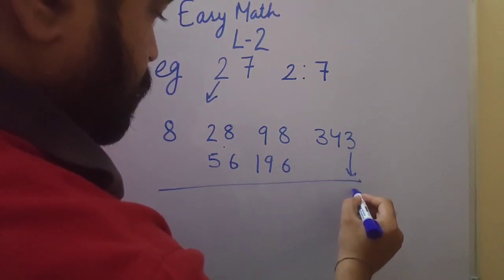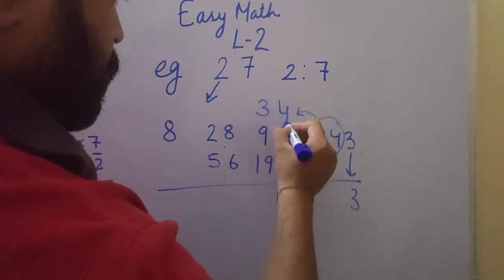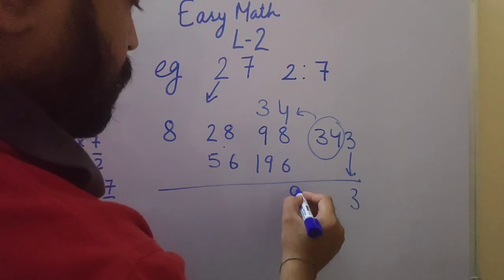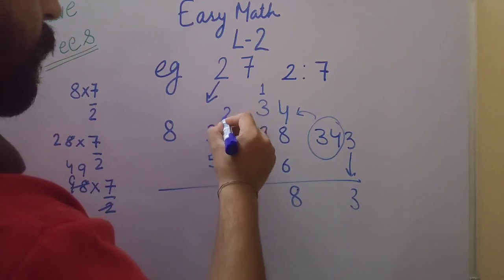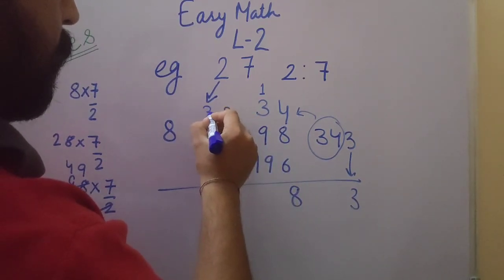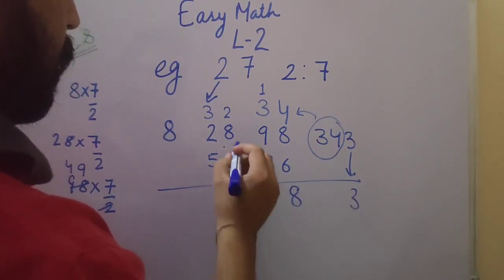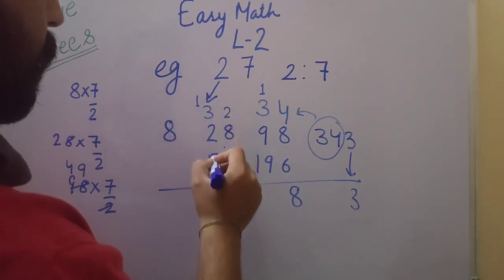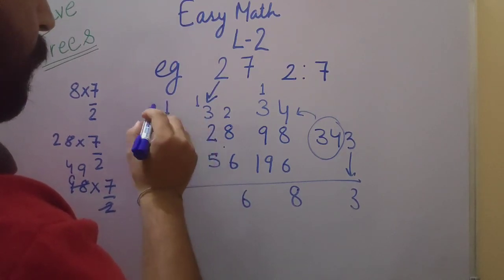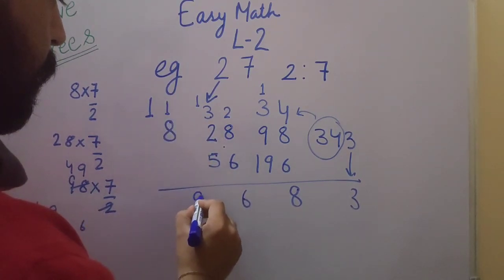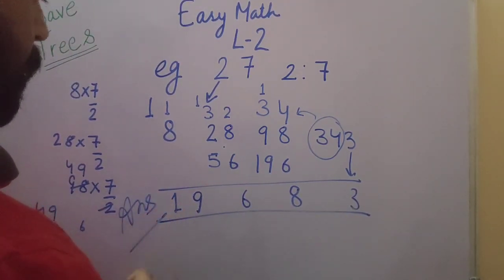So we take 3 and we carry the 34 to the next place. Now we keep adding them. Now 9 plus 1, 10, and it goes forward. 32 goes forward. Now 6, we write it down and we carry 3 plus 1, 4, 4 plus 2, 6, 6 plus 5, 11. We carry it forward, 8 plus 1, 9. So the cube of 27 is this.